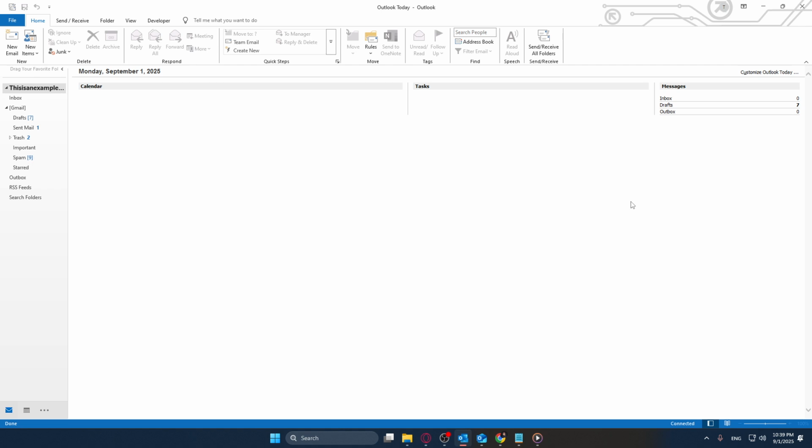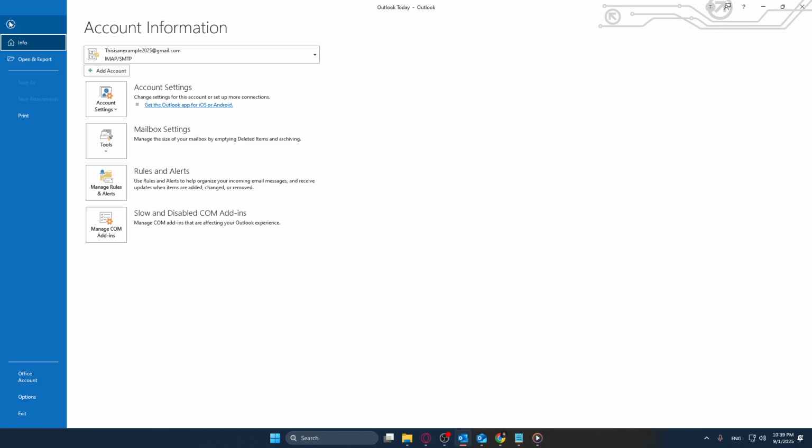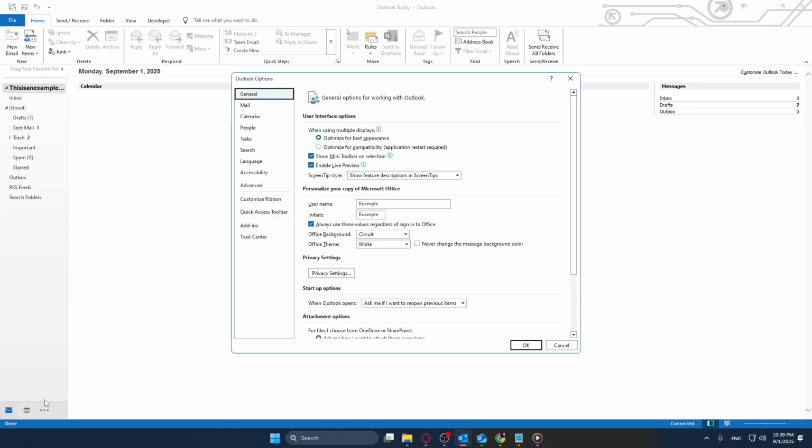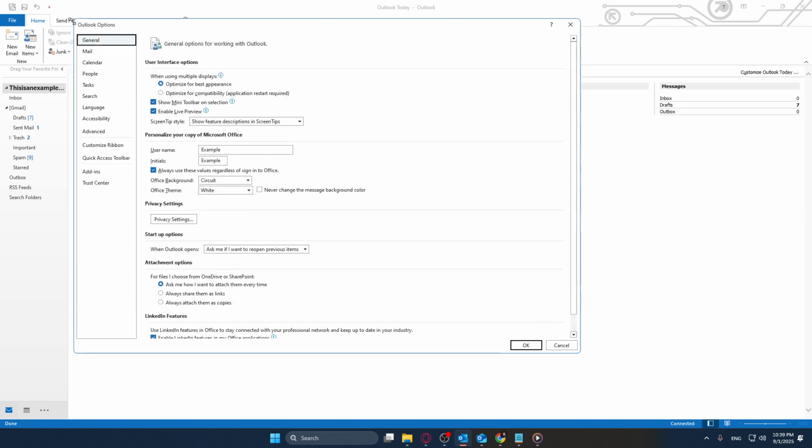Next, you'll want to navigate to the File tab located in the top left corner of your screen. Clicking on File will open up a menu with multiple options. Amongst these options, you'll find Options towards the bottom of the list. Go ahead and click on that. Now this will open a new window titled Outlook Options, full of various settings that you can tweak to tailor